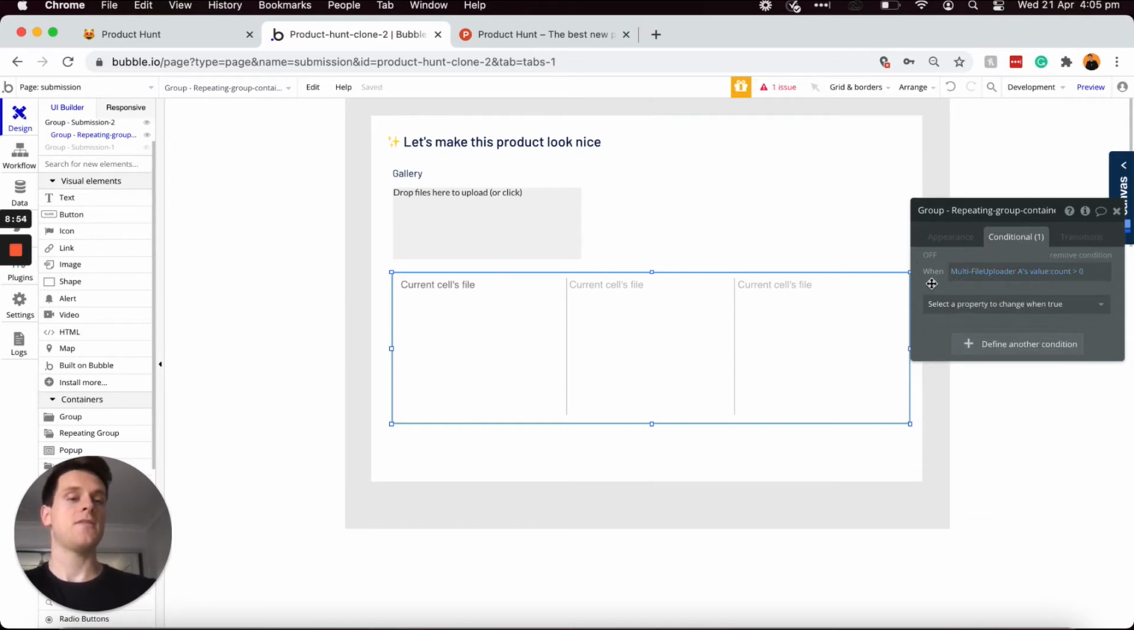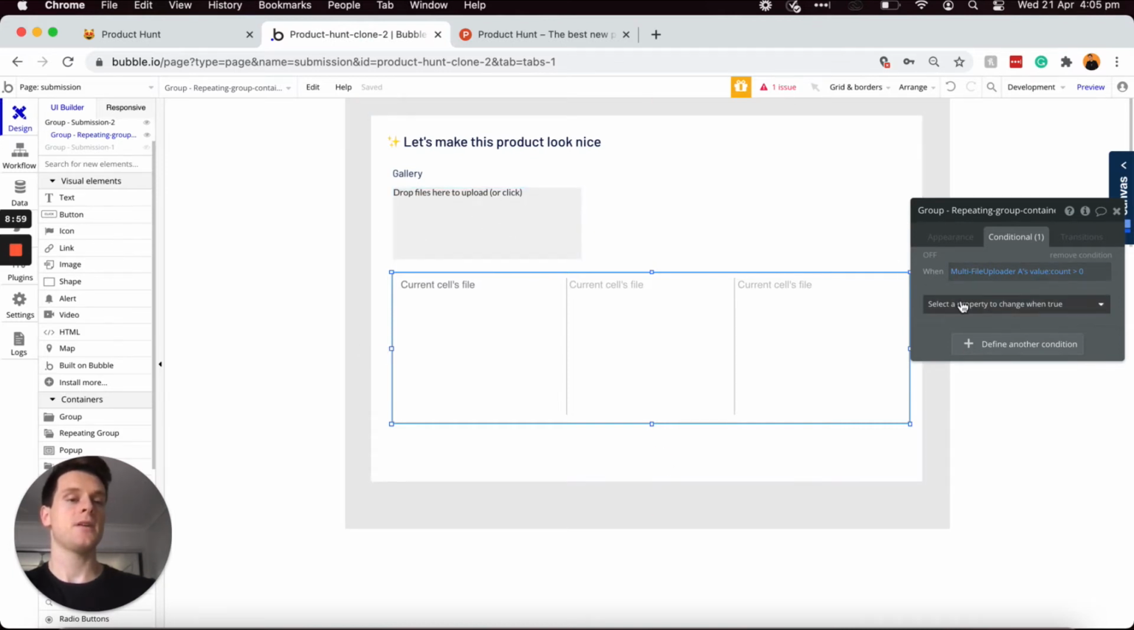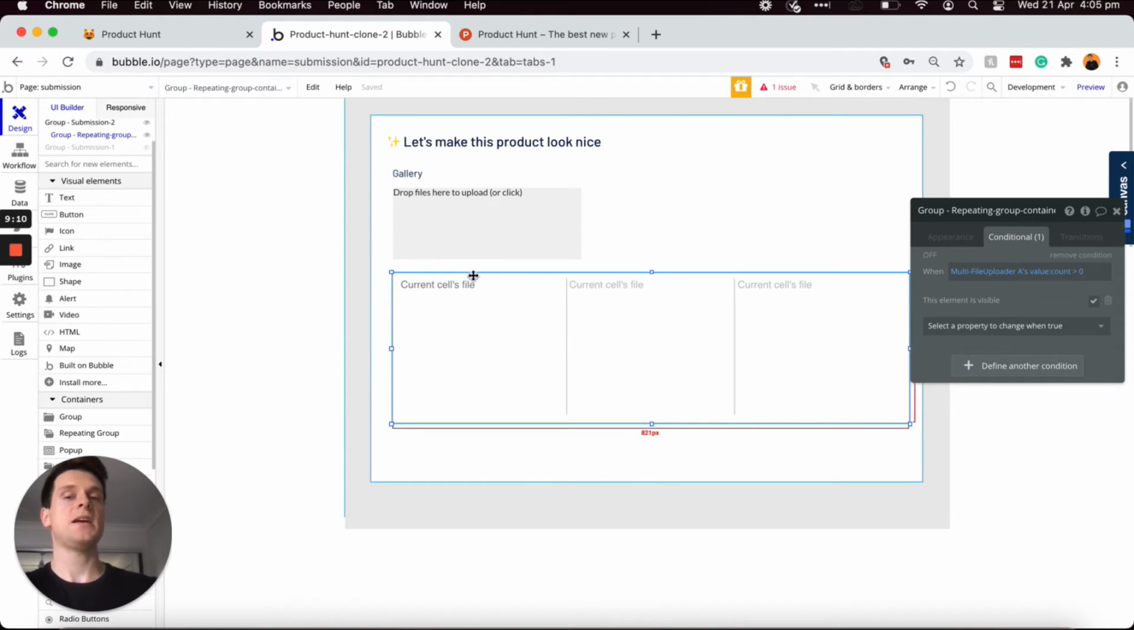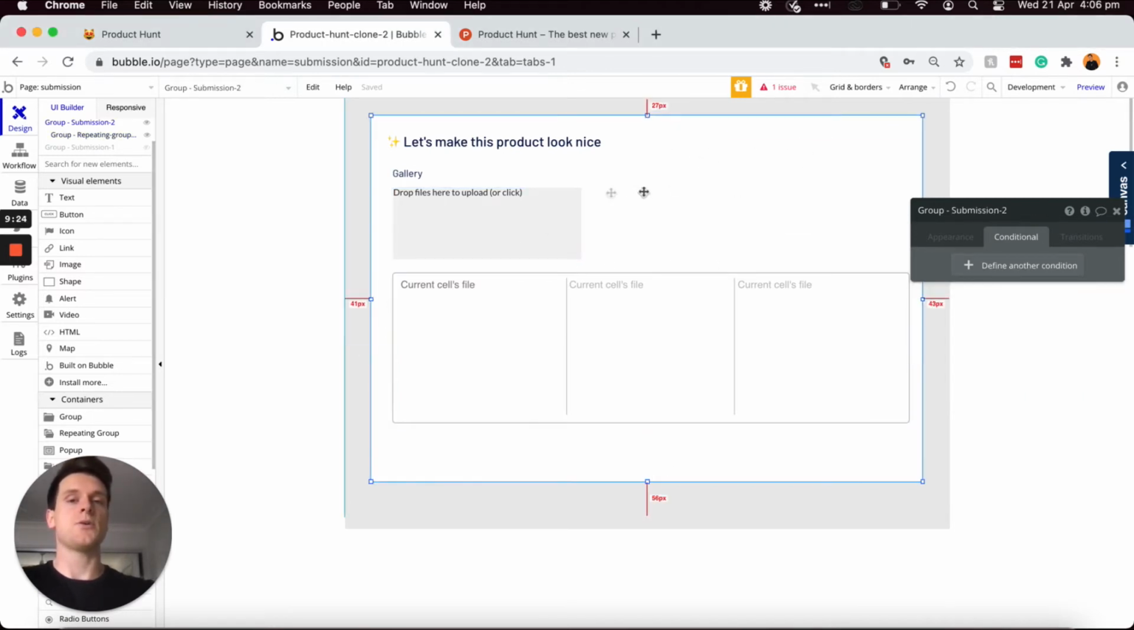So now whenever there is more than no files within that uploader there, I will select that this element is visible and tick that that should be true. And now that will allow this group to be displayed once a user uploads a file or more into this drop-down zone. Then finally on this particular group, so the step 2 within our submission page,